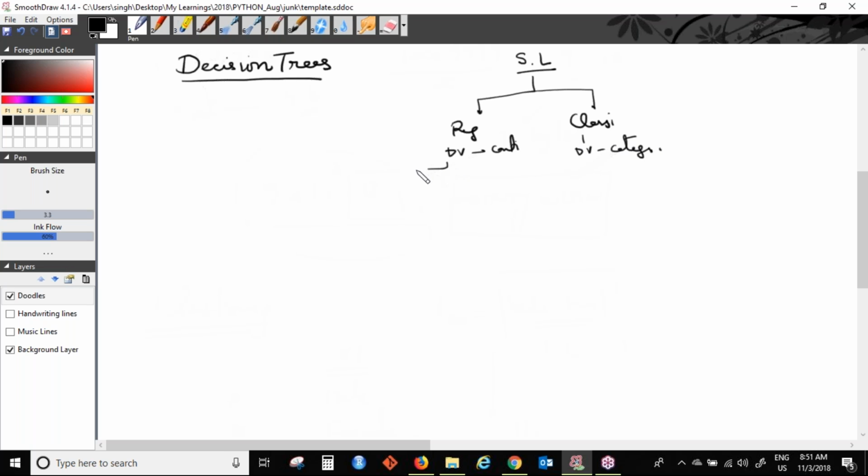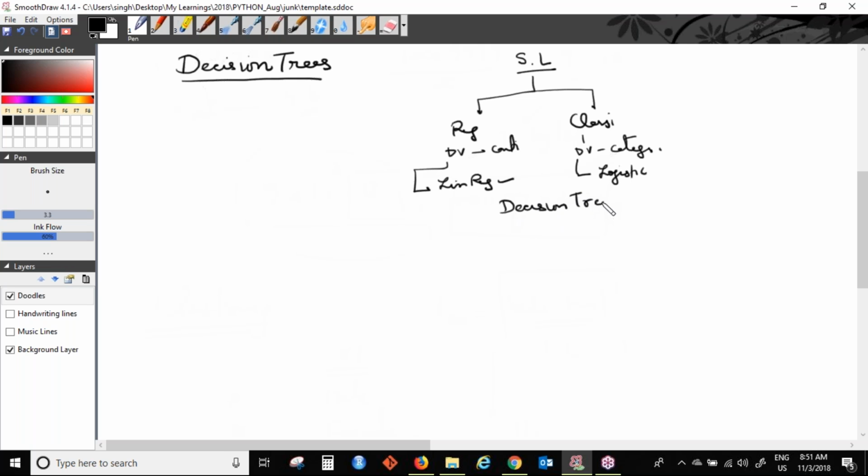Okay, within regression, we saw a few algorithms. We saw linear regression. We have covered this. Then within classification, we saw logistic regression. And now we will be starting our next supervised learning algorithm, which is